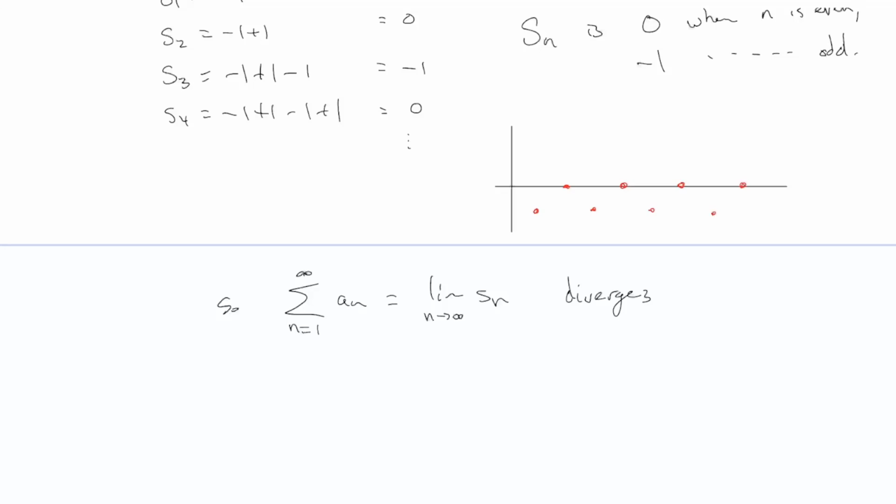So to answer the kids on the playground, I would say -1 plus 1, -1 plus 1, -1 plus 1, etc. has no value. It doesn't add up to 0. If you think it adds to 0, this actually causes more confusion, but it certainly doesn't add to anything else, though. So the series diverges, which means there is no answer when you add up those numbers in that way.